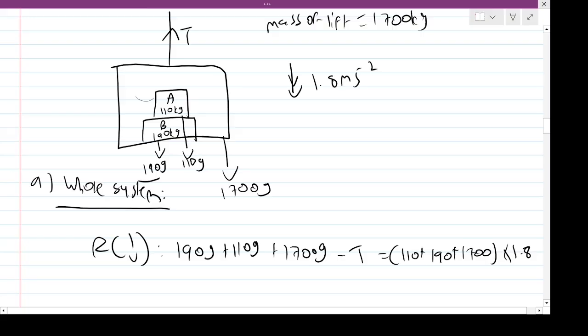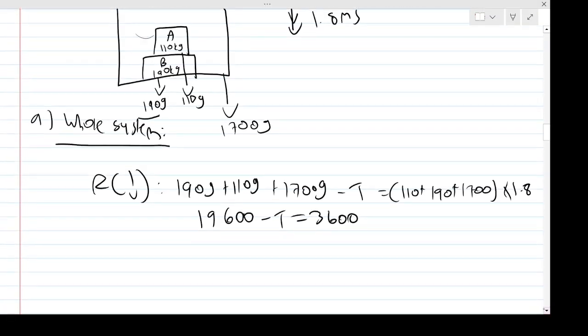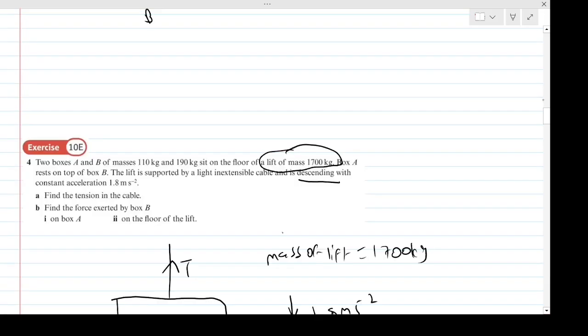We get 19,600 take away T equals 3,600. At that point we can solve for T quite simply by subtracting 3,600 from 19,600 to get 16,000. Then in part B, it wants me to find the force exerted